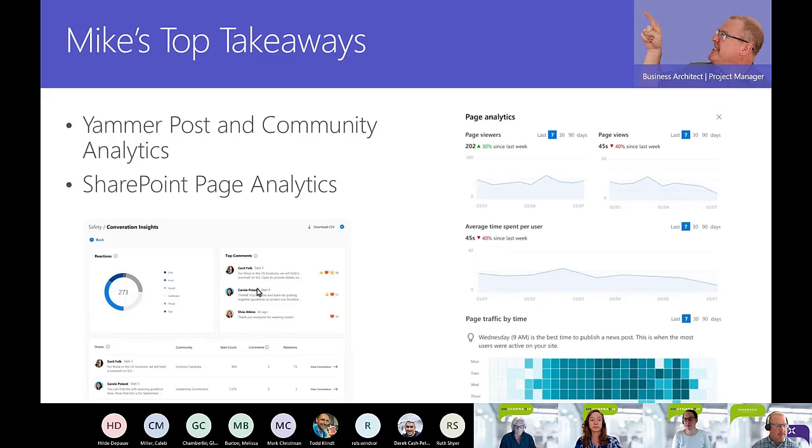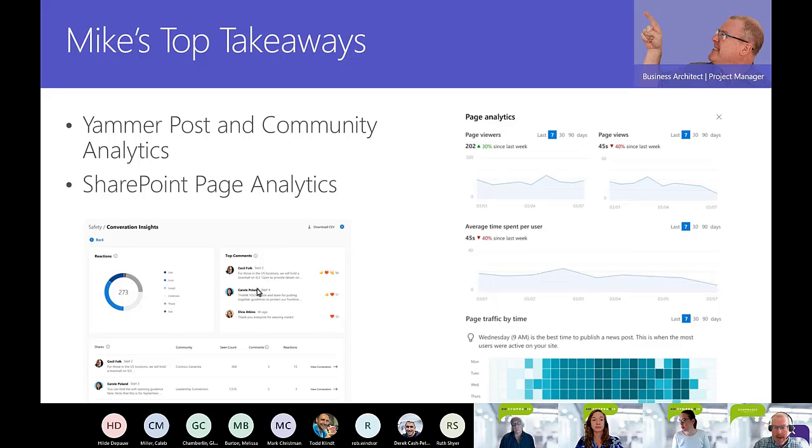Comms professionals. So there's a couple of things that I'm hoping to see here that I haven't seen yet in the Ignite announcements. Although average time spent per user is great until someone falls asleep while they're looking at your page, right? And then you're going to have it skewed. But the other thing that happens in the authoring of news that I'm sure Emily will talk about in her upcoming thing is